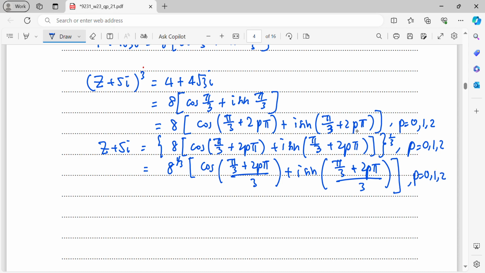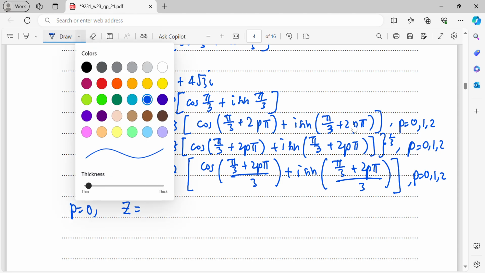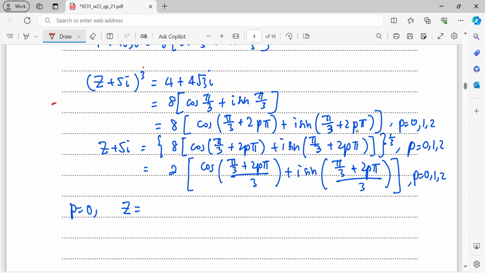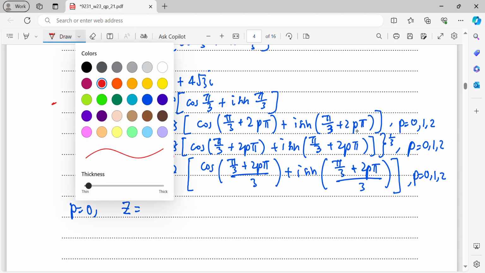Okay, so 8 to the power of 1 over 3 is basically 2. So here I can just directly solve. This is basically 2. Okay, so now we can calculate the z plus 5i for p equals 0, 1, 2. From here, I will write when p equals 0, my purpose is to get the z, which means this positive 5i will be moved to the other side. Okay, so then I will write minus 5i